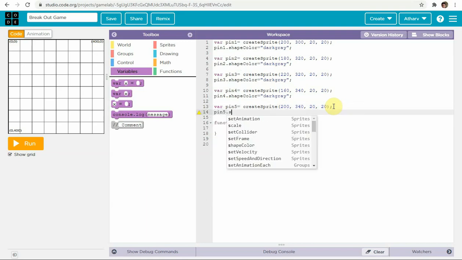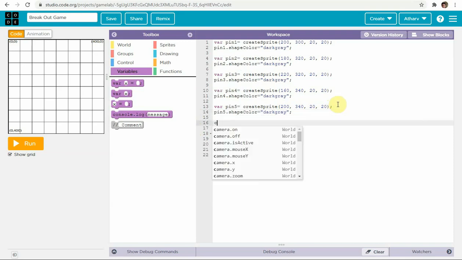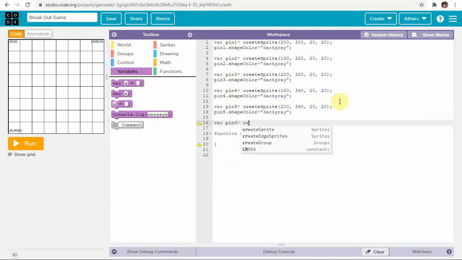Pin 5 dot shape color equal to again dark gray, right? Now var pin 6 equal to create sprite.